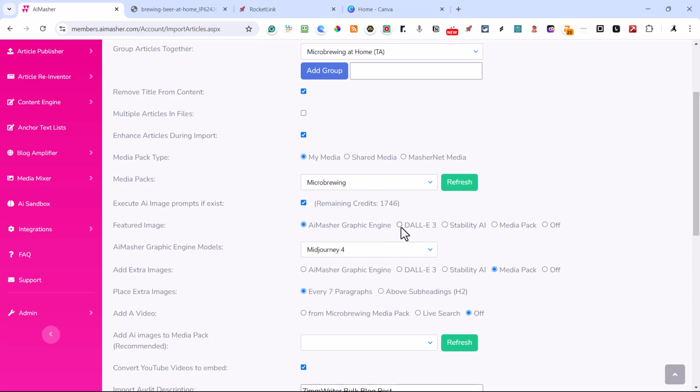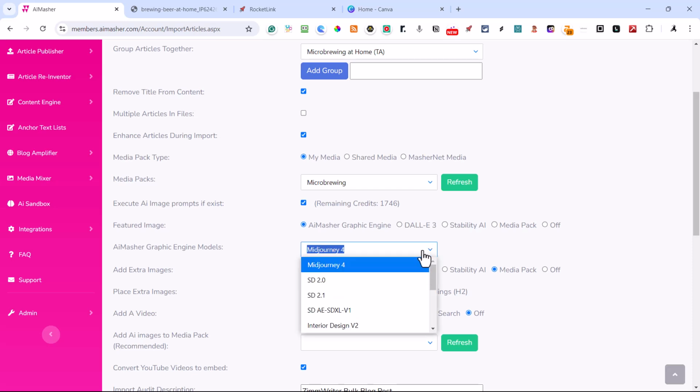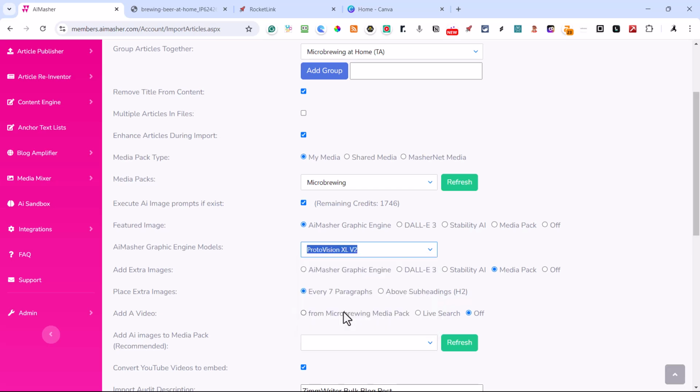You can use your DALL-E 3. You can use your Stability AI, or you can use a MediaPack as the featured image. But I'm going to generate an AI image. Now, we have different models, and we're constantly adding updated models in here. I'm going to use this ProtoVision V2. This is probably the best one right now.